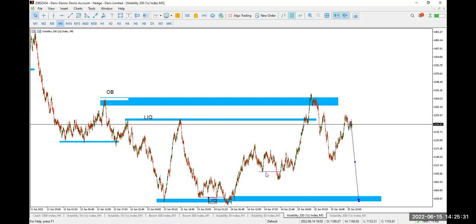Because look at what they want to do. There was a liquidity grab here. After this liquidity grab, they came back and mitigated the order block here. They have already used it. They have used this order block here. It has been